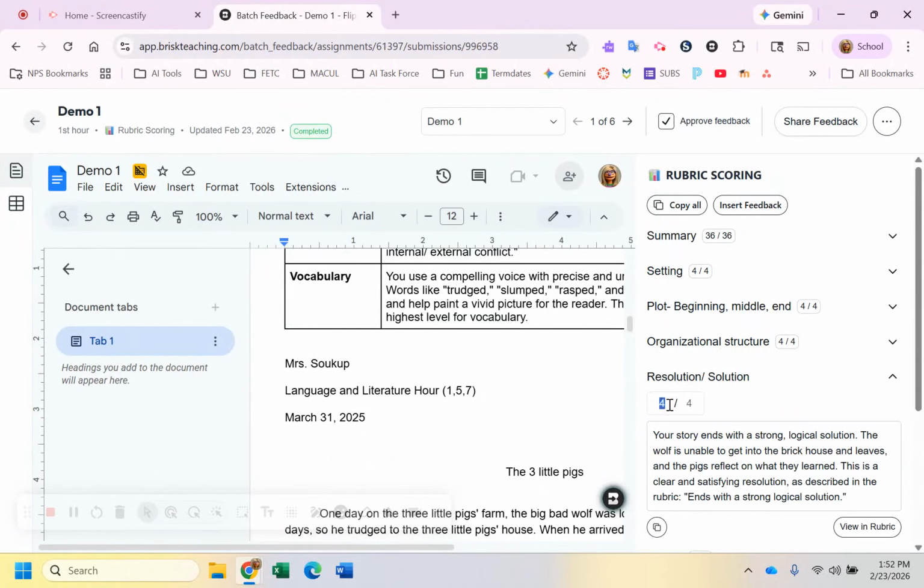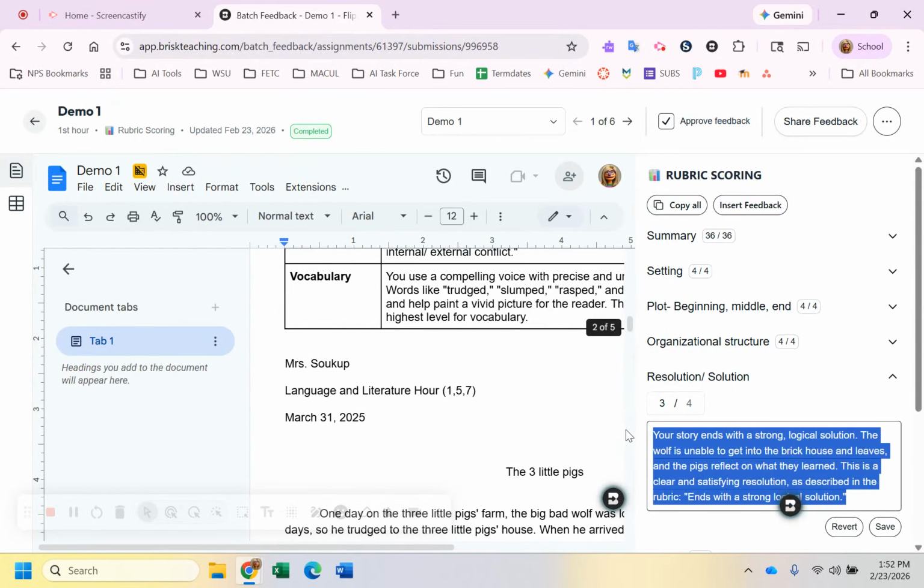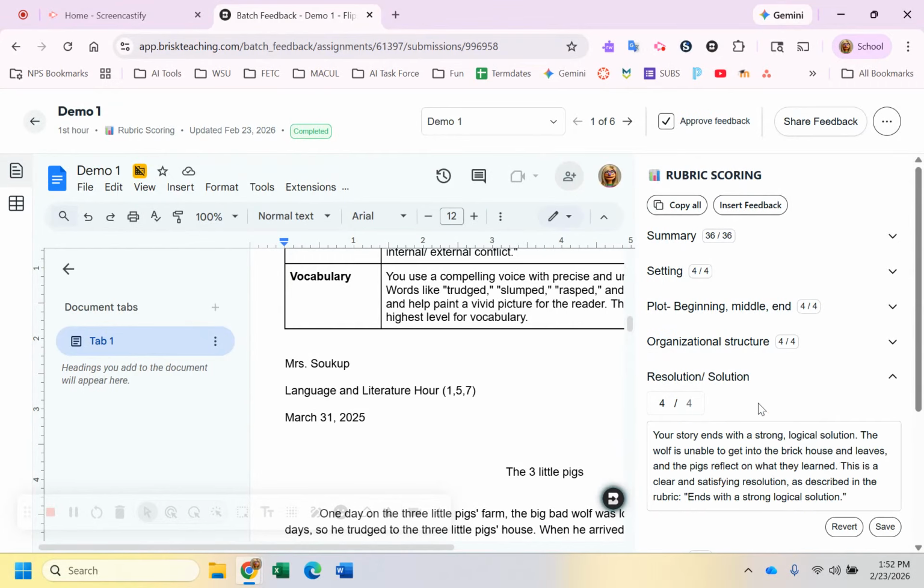Now you can edit these scores if you want. You can edit any of this. You can revert to what it had. So you can change this. This is not the final feedback, but you're going to want to make sure you insert feedback after you've made all of your changes. Now I can go to the next one,